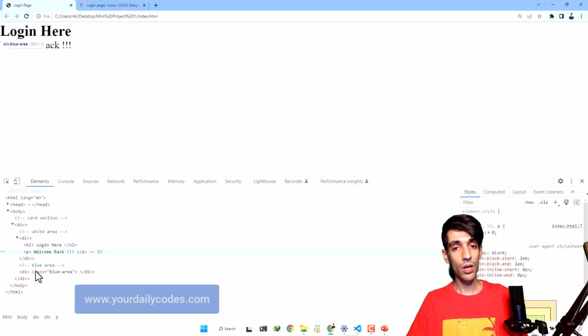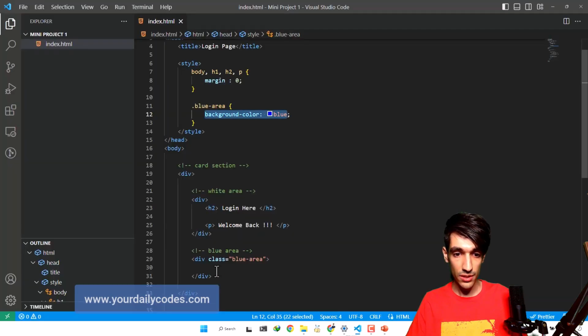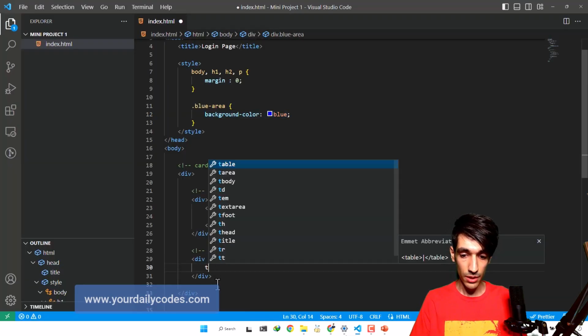Since we have no contents in it, it means it has no height. Remember, the height of elements will be automatically determined. Since we have no content in it, it has no height, and since it has no height, it's just not being displayed. So for starters, let's have a temp text.